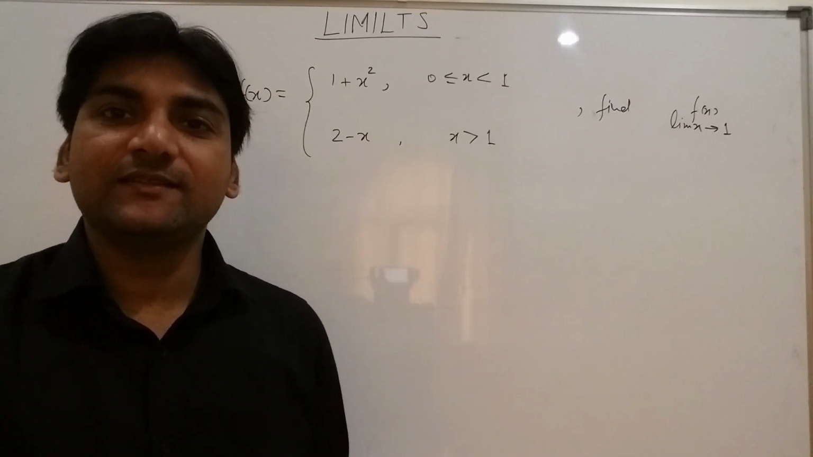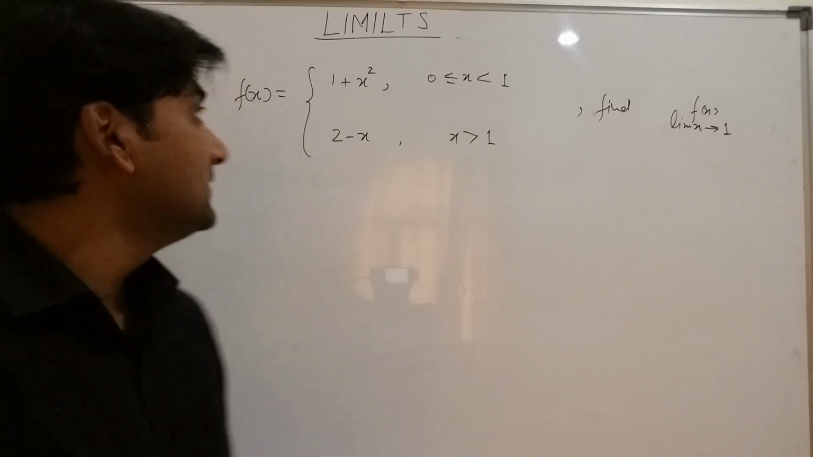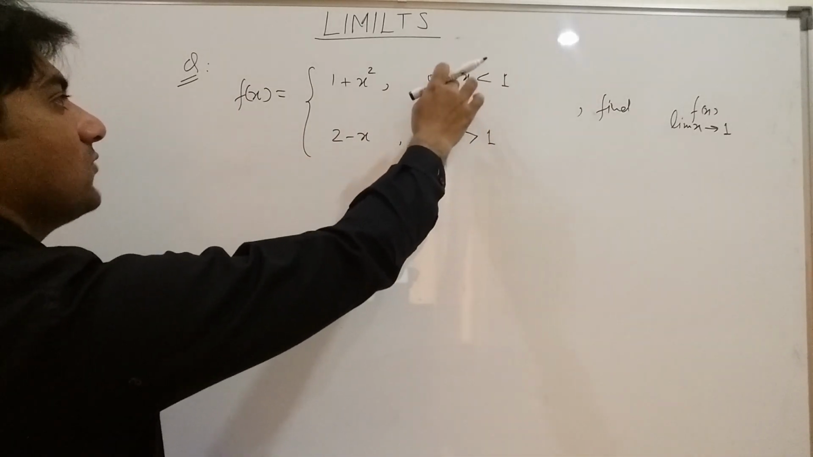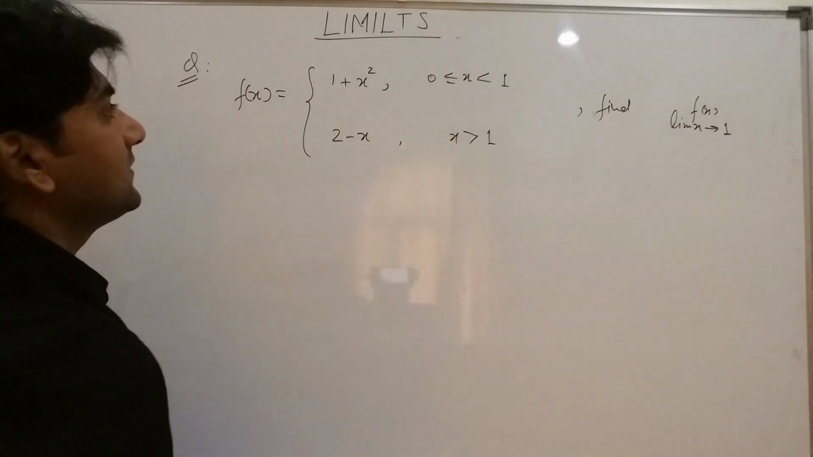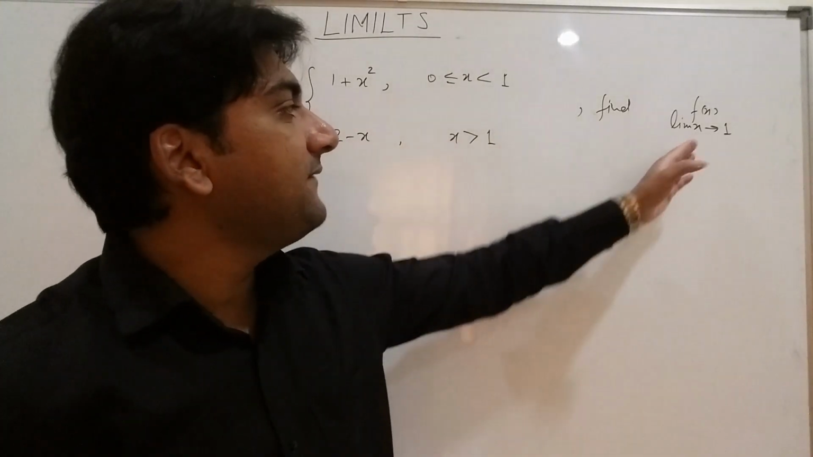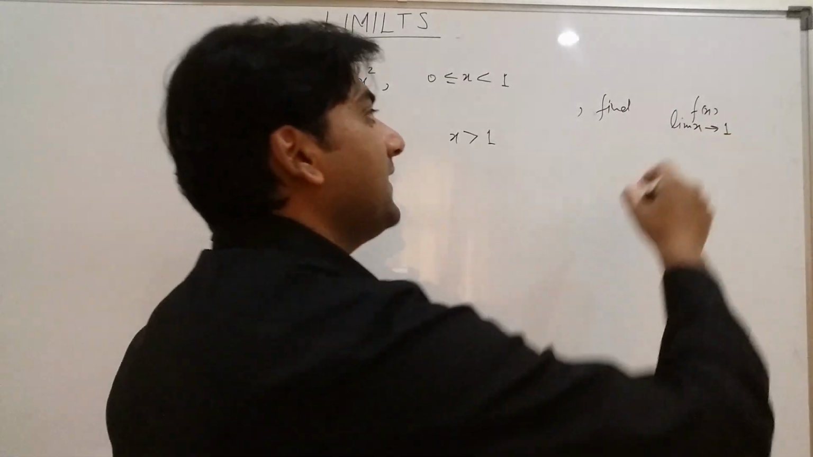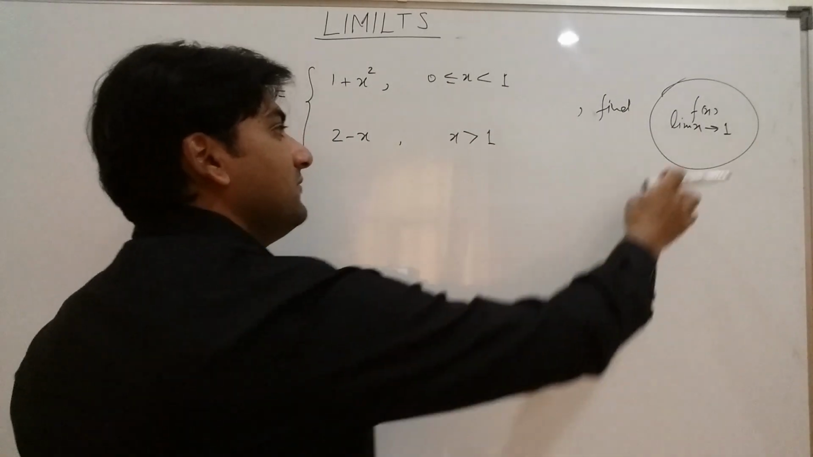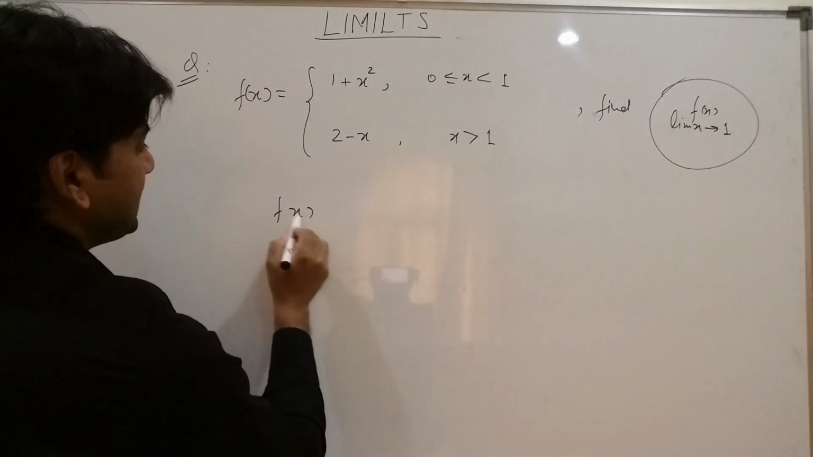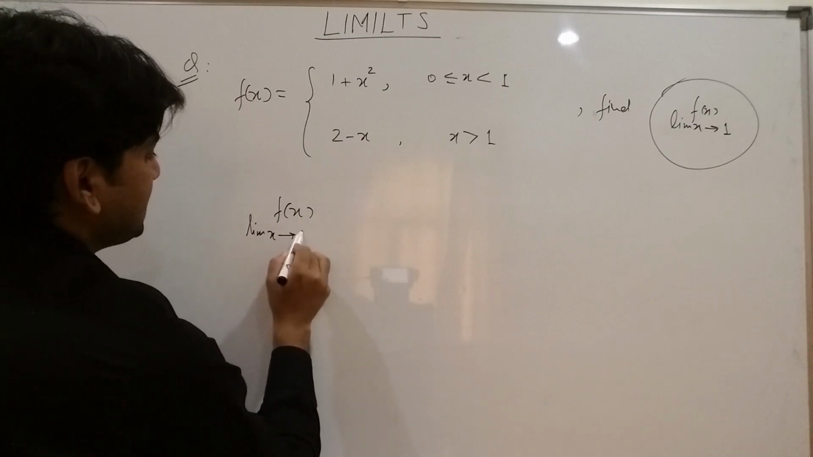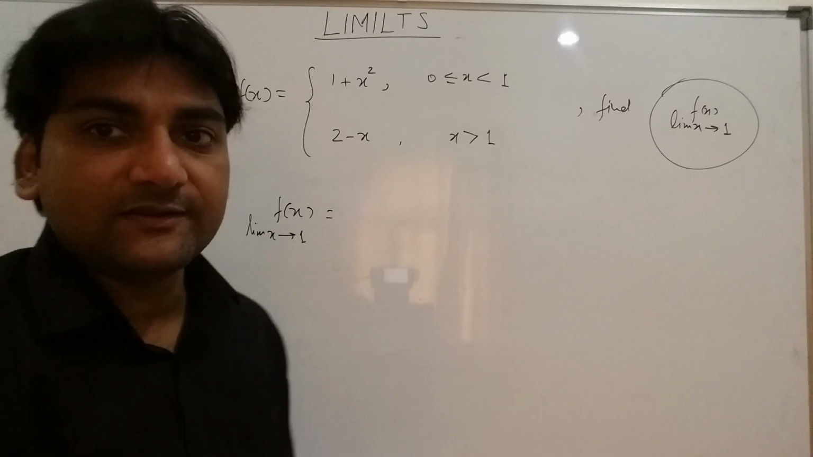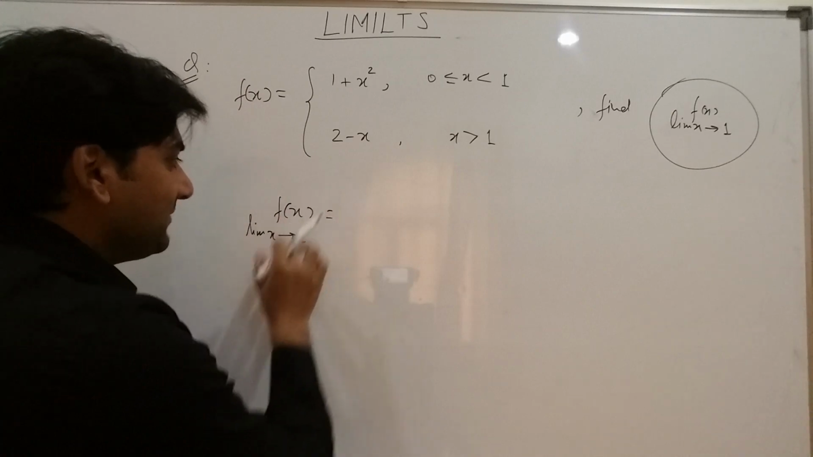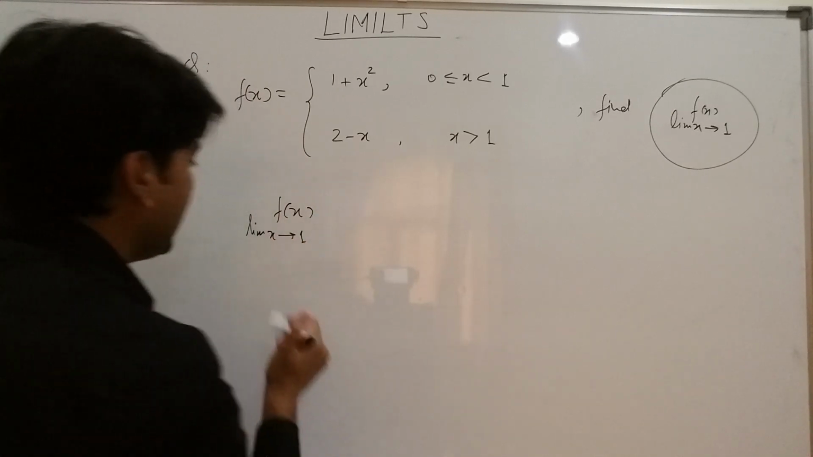Now let us understand the limits concept with the help of one more example. f(x) is 1 plus x square, condition is 0 to 1. At 0 we have equality, and 2 minus x when x is greater than 1. Okay, find f(x) limit x tends to 1. It means we need to find the limiting value of f(x) when x is 1. So this time it is not mentioned whether we need to find the left hand limit or right hand limit. Whenever this is given, f(x) when x tends to 1,